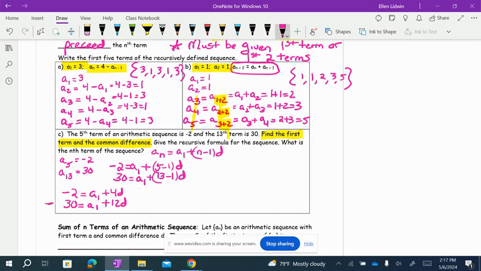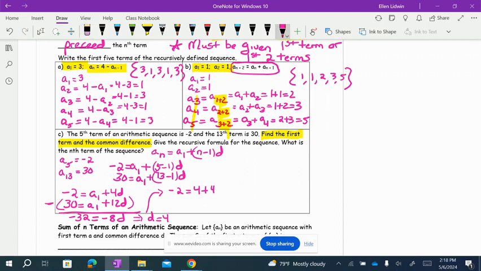Well, remember back to your linear system of equations in Algebra 1, we would say, okay, let's try to eliminate one of the variables, because linear combination was also known as elimination. This would give me negative 32 equals negative 8d, because you would be distributing that negative to the whole second equation. So this would tell you d equals 4. And then you would come back and you'd say, okay, let's use one of the equations. So negative 2 equals a sub 1 plus 4d, and solve for